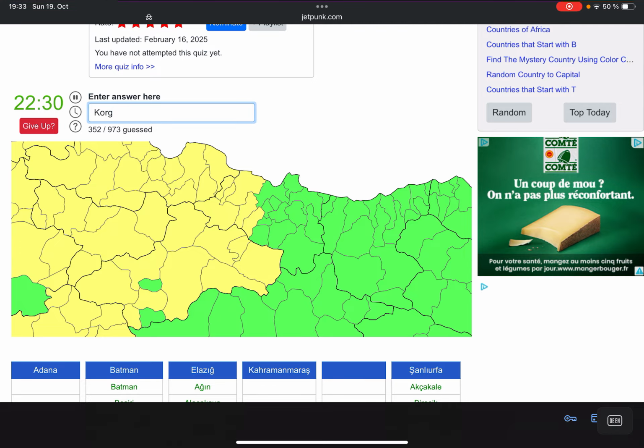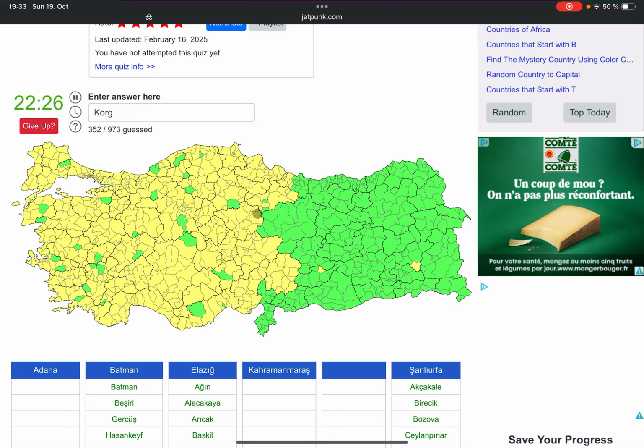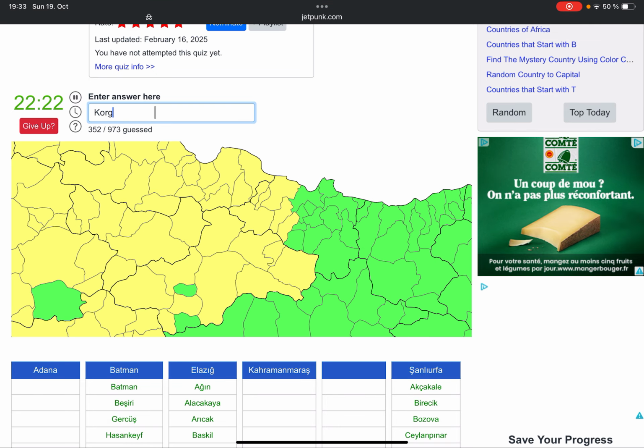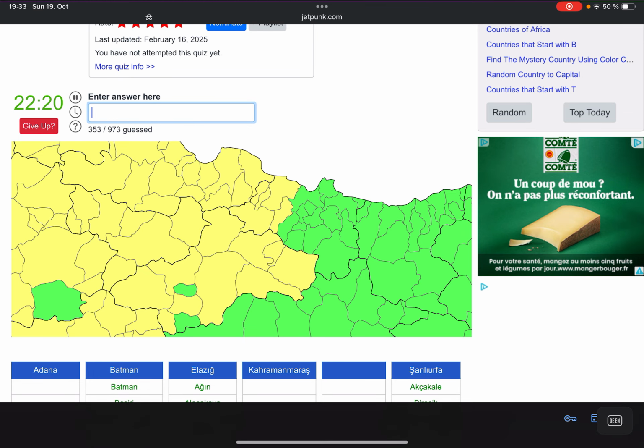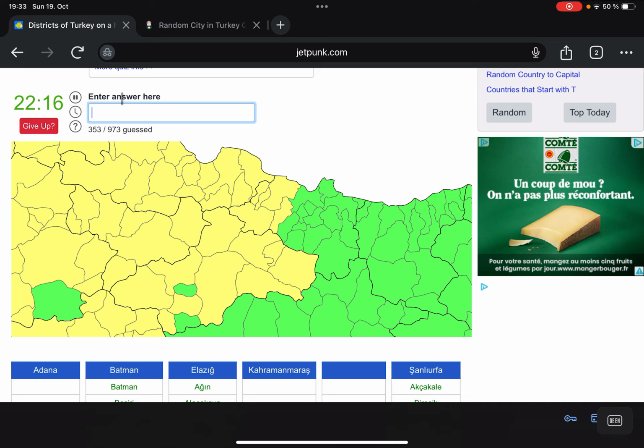it's either Korgan or Korgun, because there is the respective other one in Çankırı province, but I always mix them up, so I'm just gonna 50-50 guess. Korgan, yeah, okay, it is Korgan. So the other one is gonna be Korgun. But so, alright, we have Kumru, Akkuş, Ünye, İkizce, and Çaybaşı.